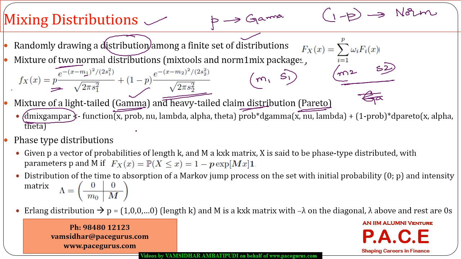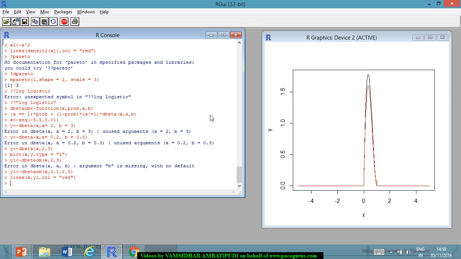So I am taking two different distributions, and I have to just give the probabilities associated with each one of them. So let's use a mixture of gamma and Pareto distribution. Let's call it dgampar, or probably dgammaPareto. That's the name of